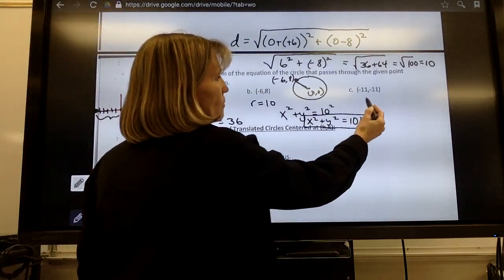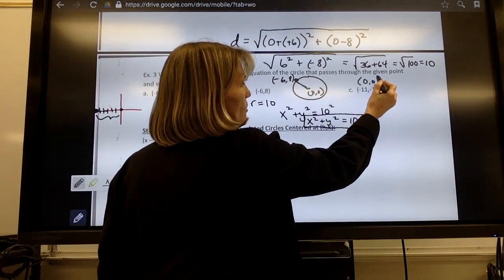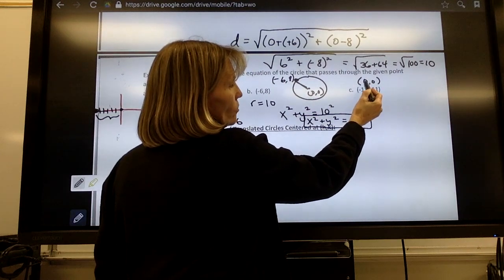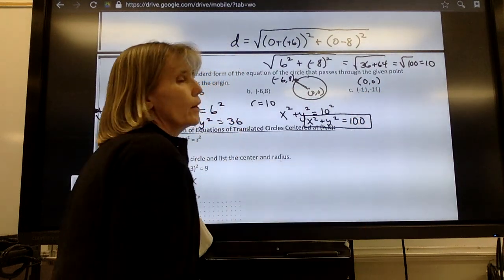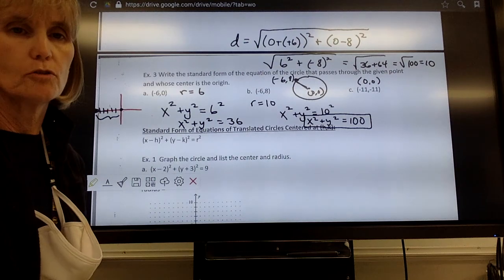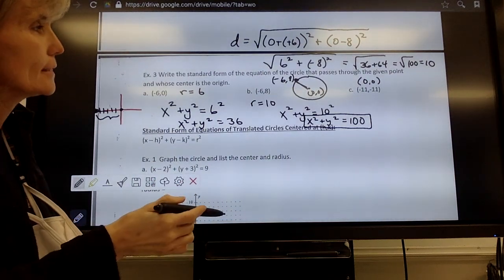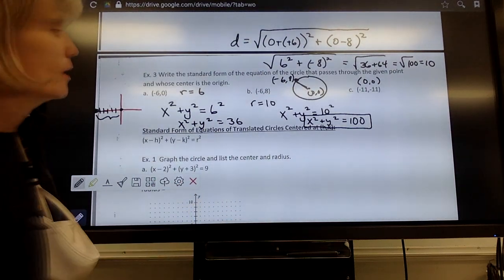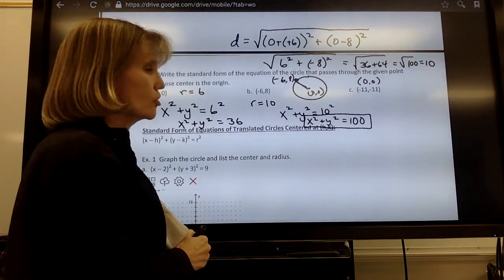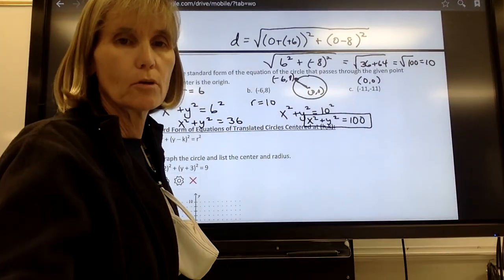Okay, and you're going to have to do the same thing over here. You're going to have to find the distance between the center, 0, 0, and that point on the graph. Once you're able to locate that distance, that will be your r value, and then you can plug it into your equation. Okay, once you give that a shot,